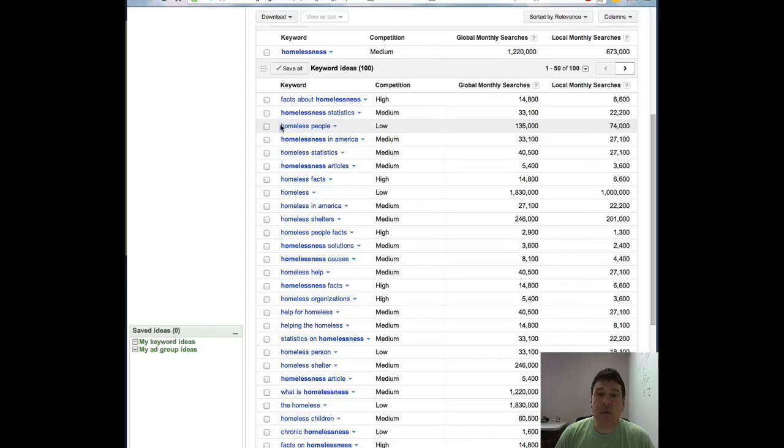So that's maybe one I want to go after because I know I can get pretty high on the list there. Facts about homelessness, that's a little tougher. I still want to use it, but there's probably already a lot out there. You can also see here how many searches are happening. Homelessness or homeless is fairly low, but look at the staggering number of monthly searches, 1.8 million. You want to be at the top of the list there for that,